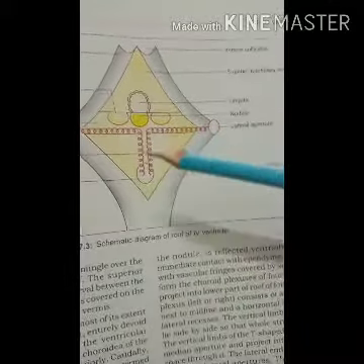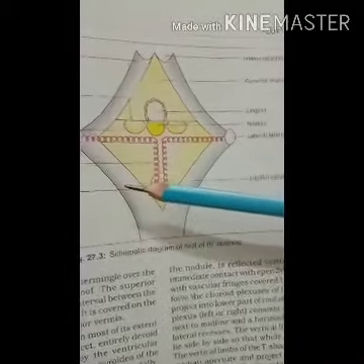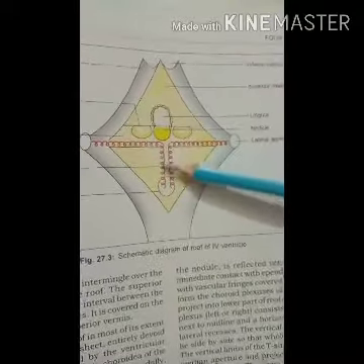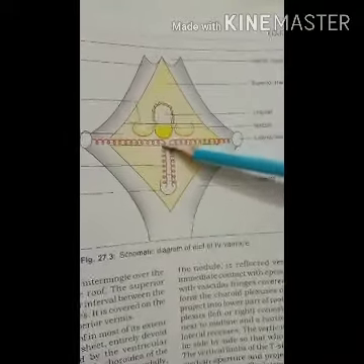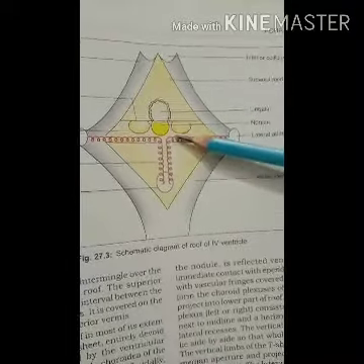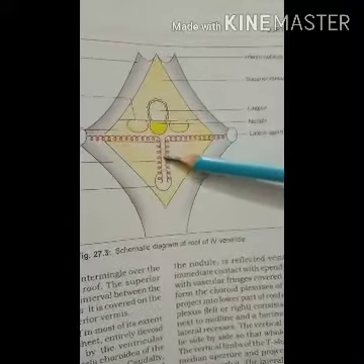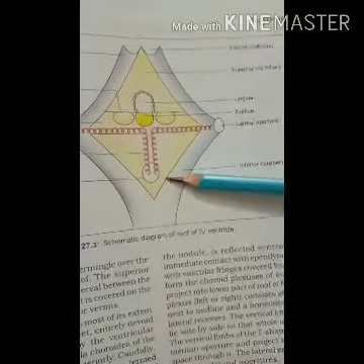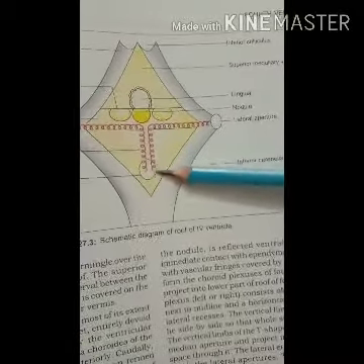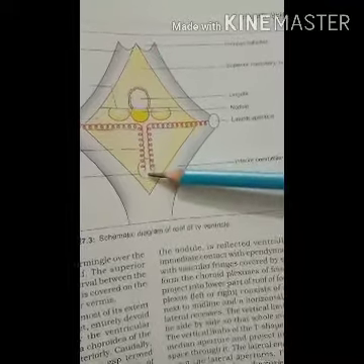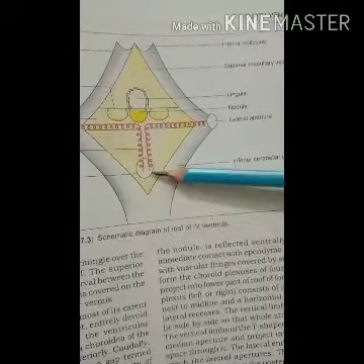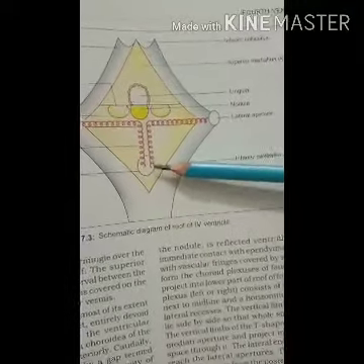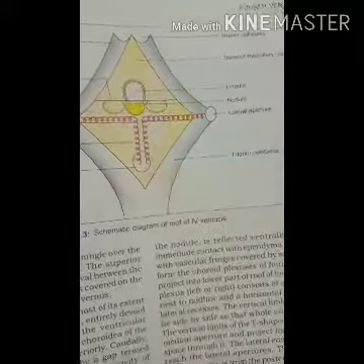Then caudally this continuous sheet is broken. Here you can see that on the inferior side, this sheet, that is the tela choroidea and the ependyma, is broken, forming a gap called the median aperture, through which the cavity communicates freely with the subarachnoid space in the region of the cerebellomedullary cisterna.